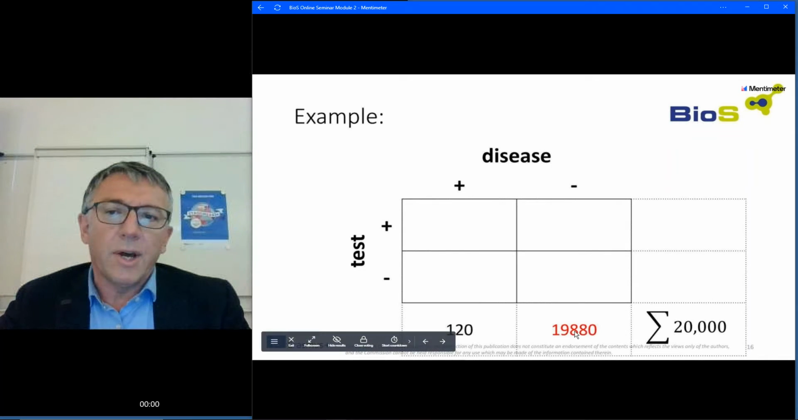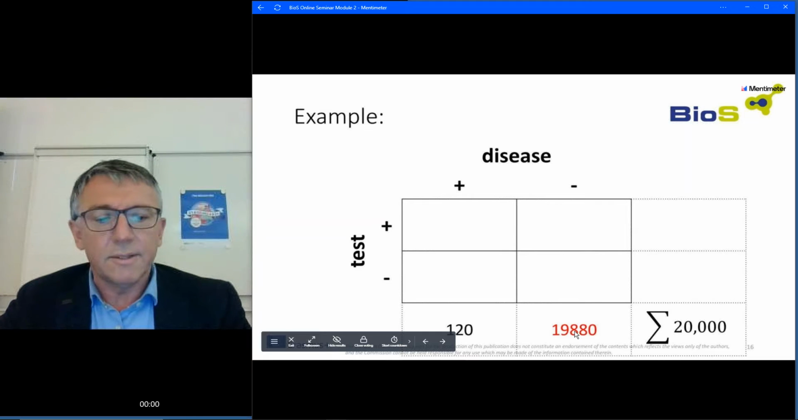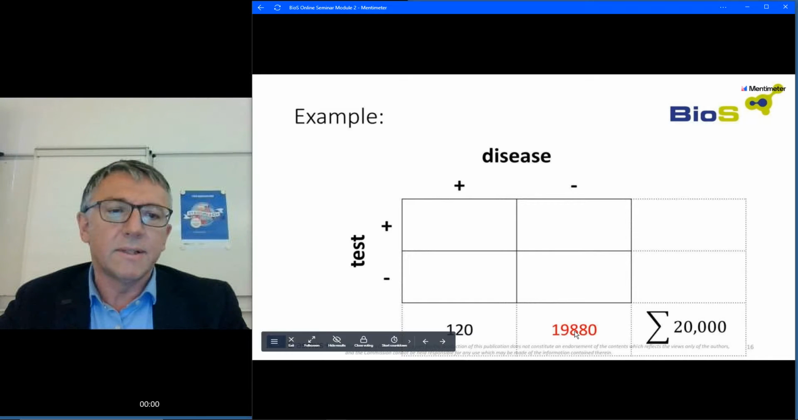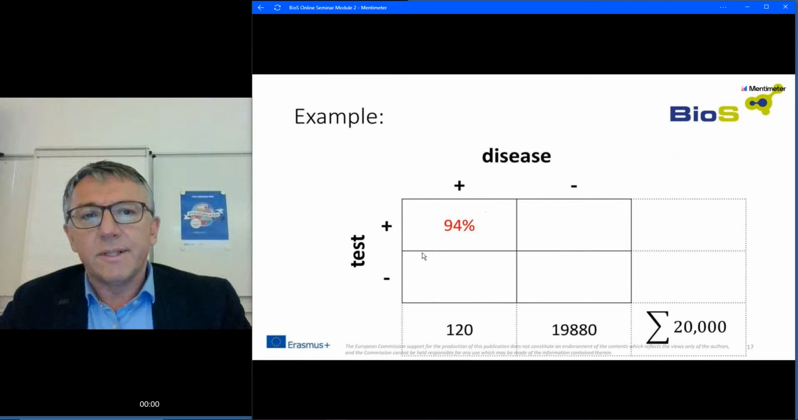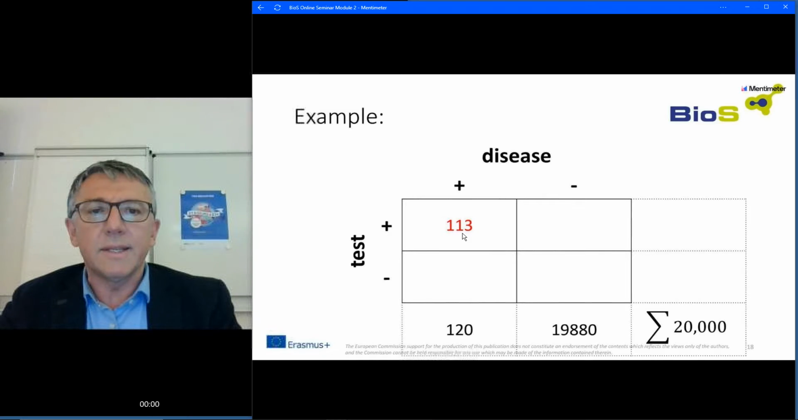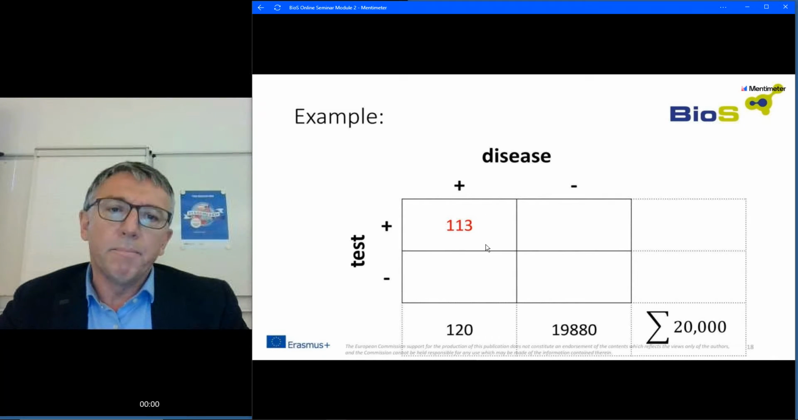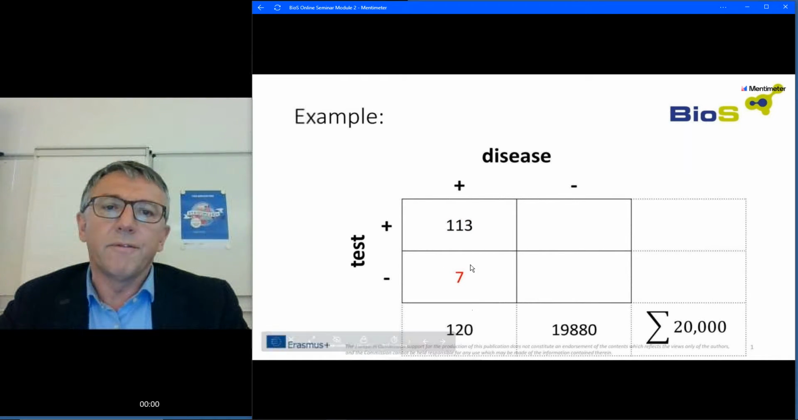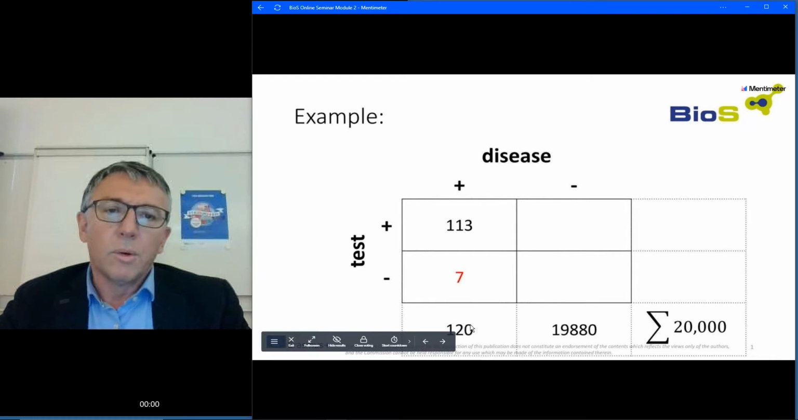This means that 19,880 don't have breast cancer. And this gives us already a hint that many people who are being tested actually don't have the disease. Now we have the sensitivity. Again, sensitivity is for the people who have the disease, which is 94%. So 94% of those people that have the disease are being correctly tested, which would be 113 people. This means that 7 people are having a negative test result despite the fact that they have the disease, which is not